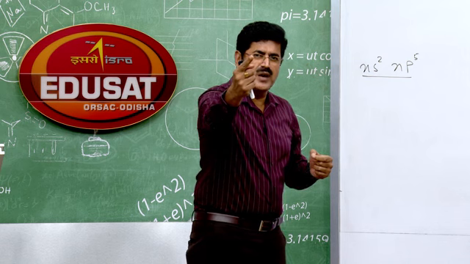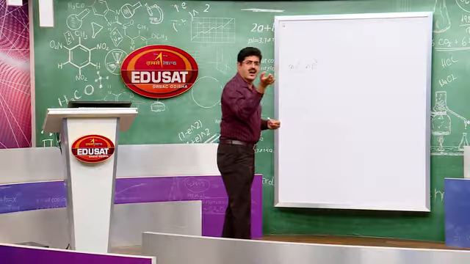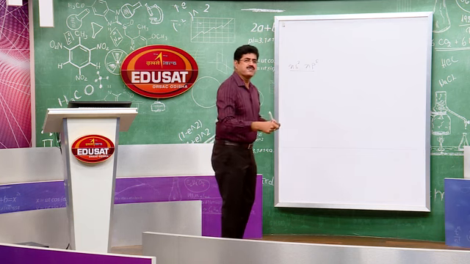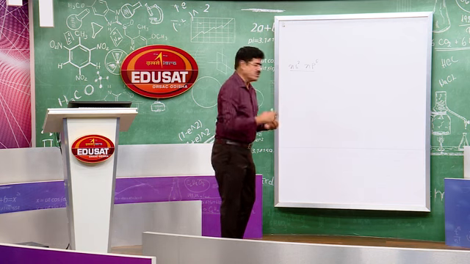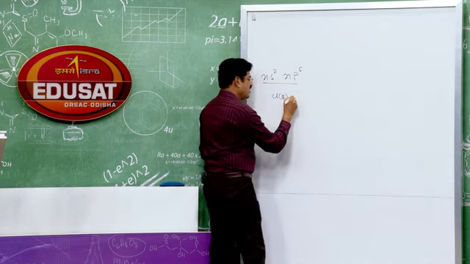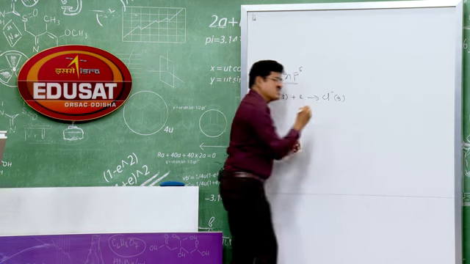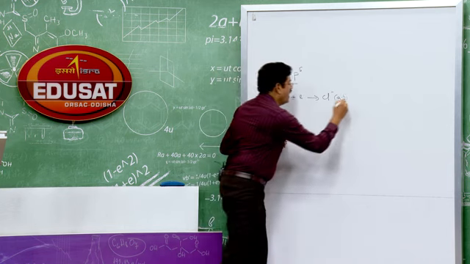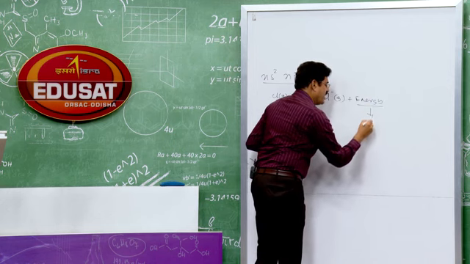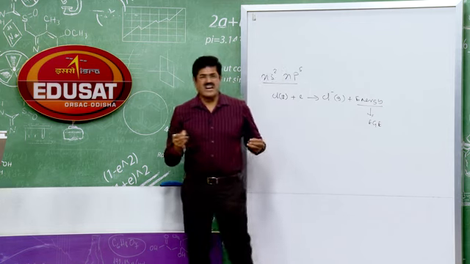Let me show one example here of how to define the electron affinity. Let's have a look on the whiteboard. I am going to explain the electron affinity on the whiteboard. This is Cl, a gaseous element. When it accepts one electron, it gives the corresponding gaseous anion and energy is released. This energy is called electron gain enthalpy or electron affinity.